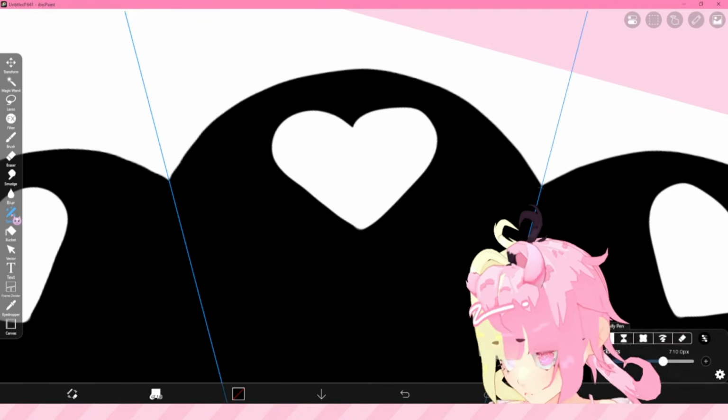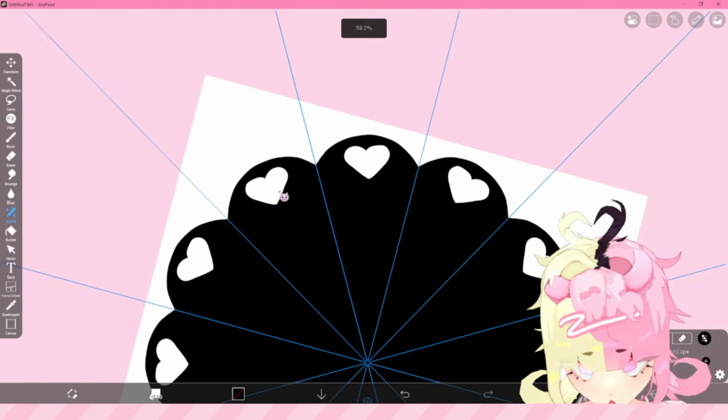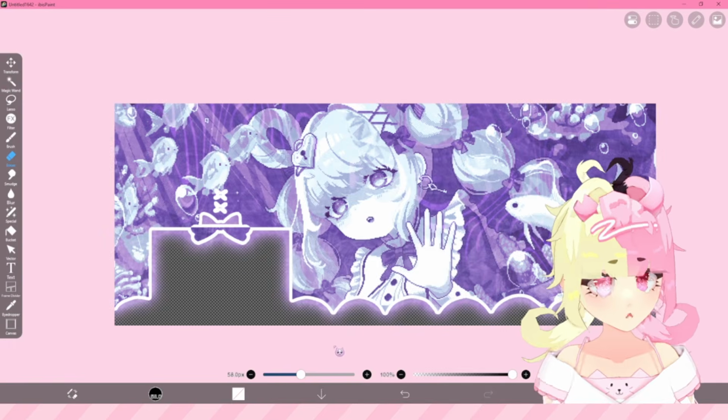That is what the special tool is for, because this drawing of a heart is really special. From what I'm doing, I think